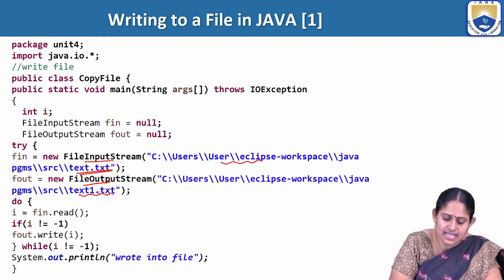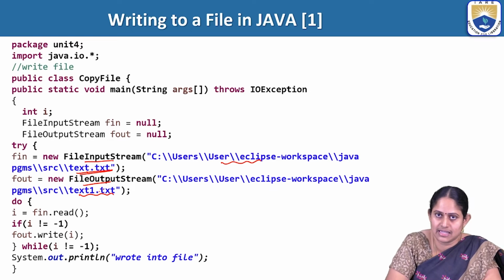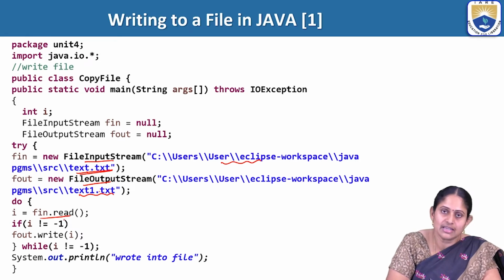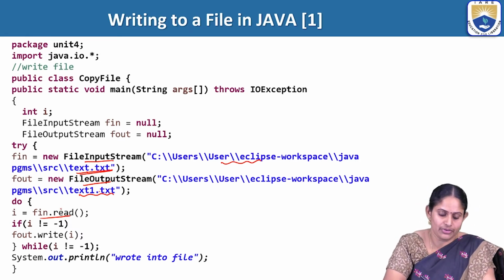Now in this case, this text1.txt file doesn't exist. So the file output stream will automatically create that file and write the data into it. So again we are making use of the read method, and until it encounters the end of file, we keep writing data into that new file,